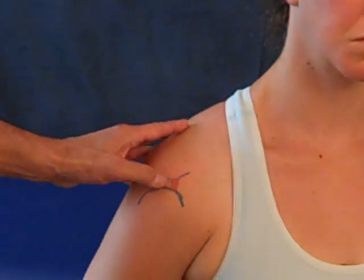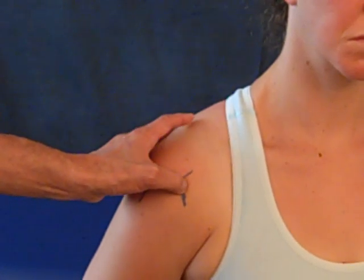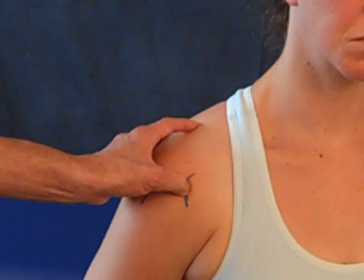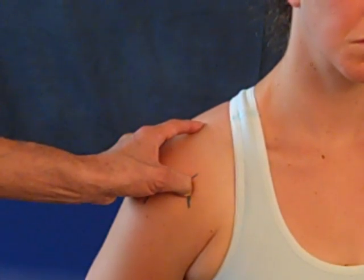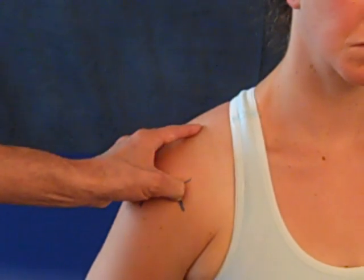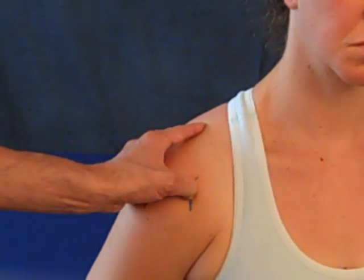So the person is sitting. You're going to put your thumb right there. You're going to drag the skin away toward the chest. Press down. I'm pressing down right now onto the humerus, and the tendon is right under my finger. And then I go across and I snap over it. And as I go across, it snaps under my finger, boom, and we're back, boom,